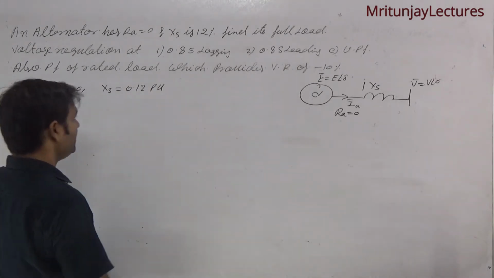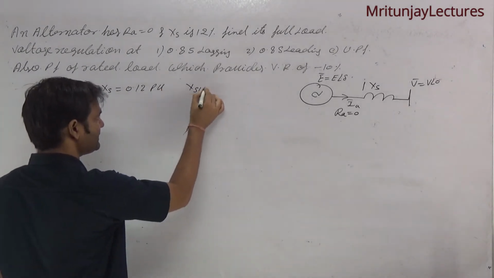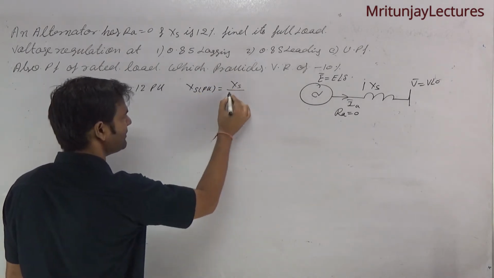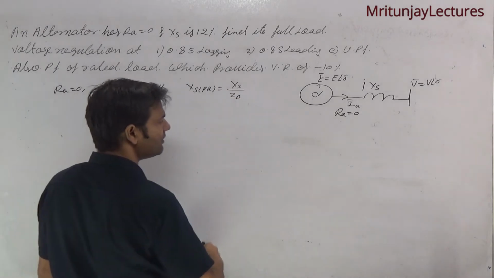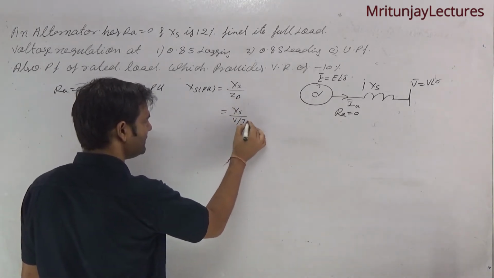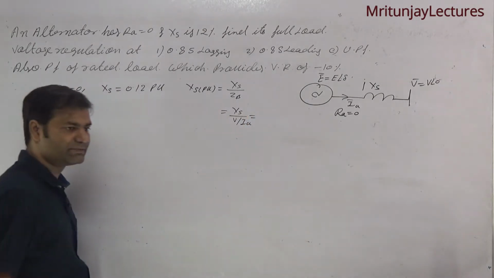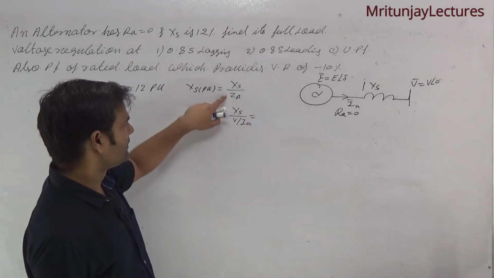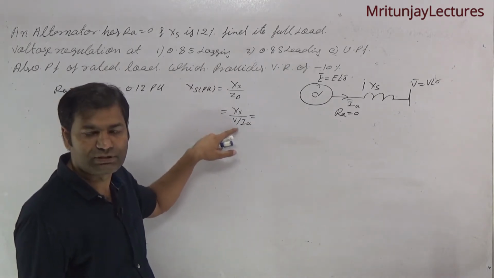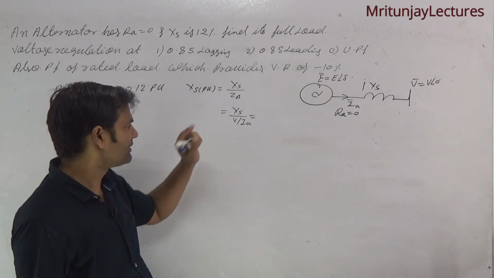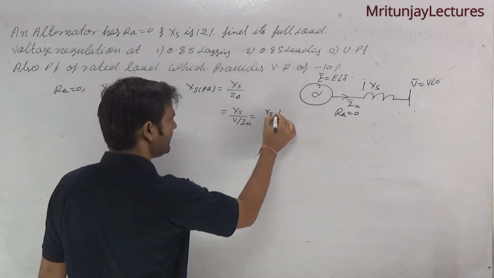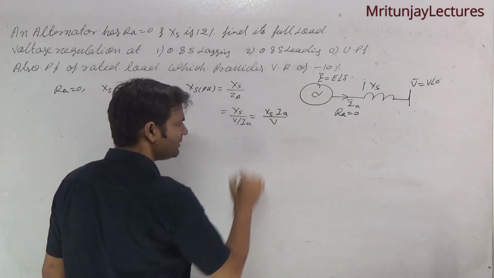This X in pu is also written as S divided by ZB, and ZB means V divided by Ia, that is, the base impedance. This base impedance is defined by rated voltage divided by rated current. Rated current is the armature current, so it is rated voltage and rated current, so SA into Ia divided by V.